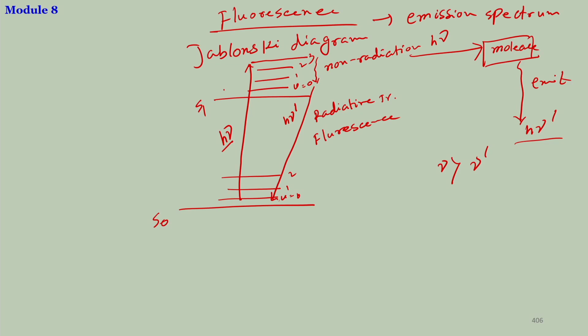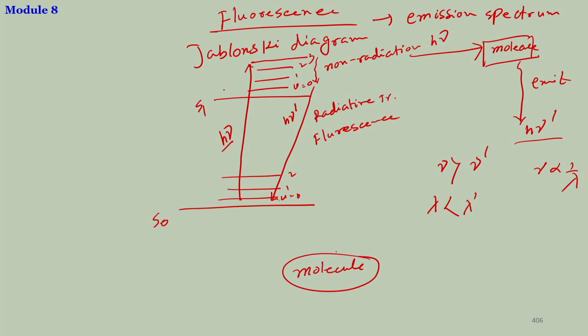In other words, if you convert it into wavelength, nu equals hc by lambda. So, nu is inversely proportional to lambda, the wavelength. So, lambda would be less than lambda prime, or the wavelength for the fluorescence would usually be higher than the excited radiation. So, if you consider a fluorescence molecule,